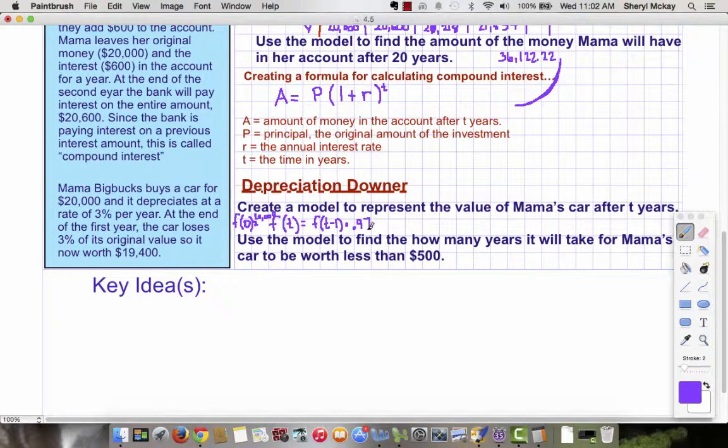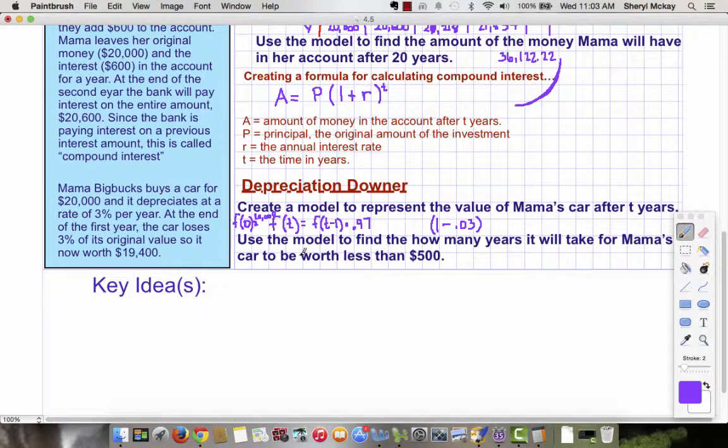Do you see how I got the 97%, 0.97? Because 1, which was the previous year, minus 0.03, okay? So we're basically multiplying the previous year times whatever the previous year is minus the 3%. So that's our little recursive formula. We could have also done a table and written 20,000, take 3% of it and subtract it, and we would have had